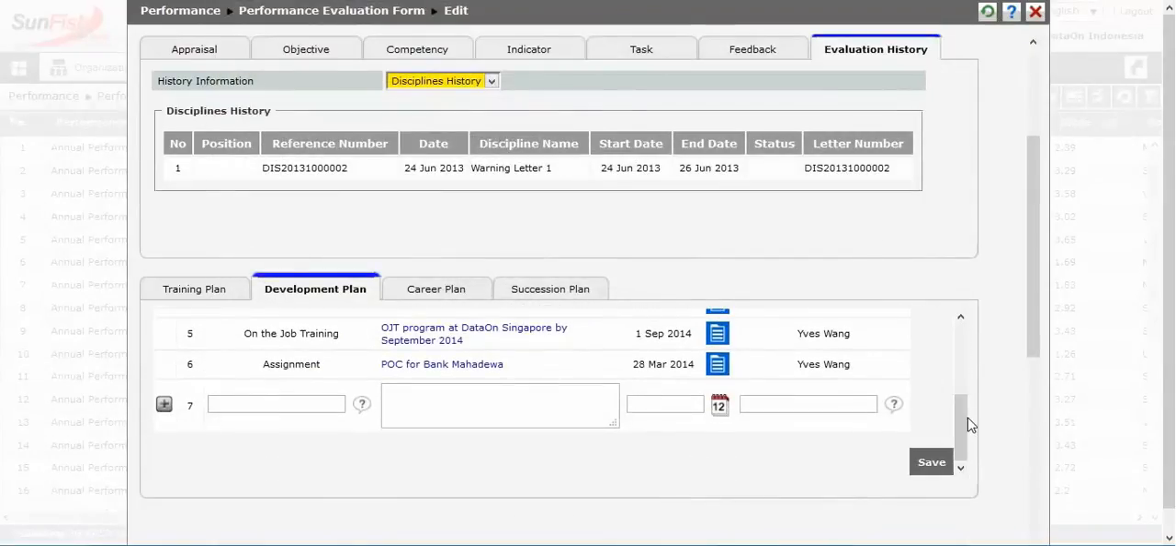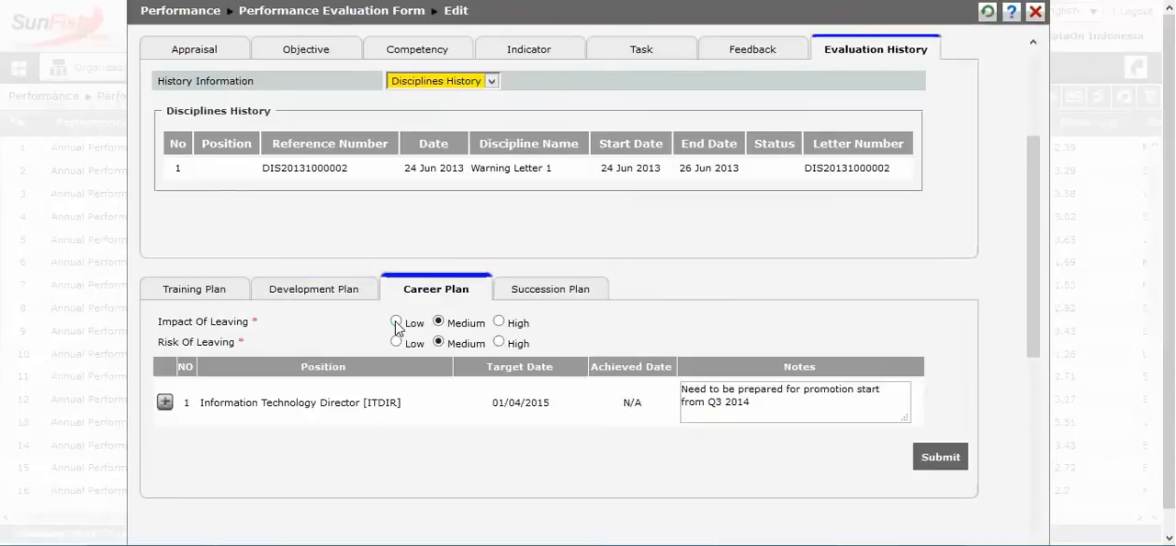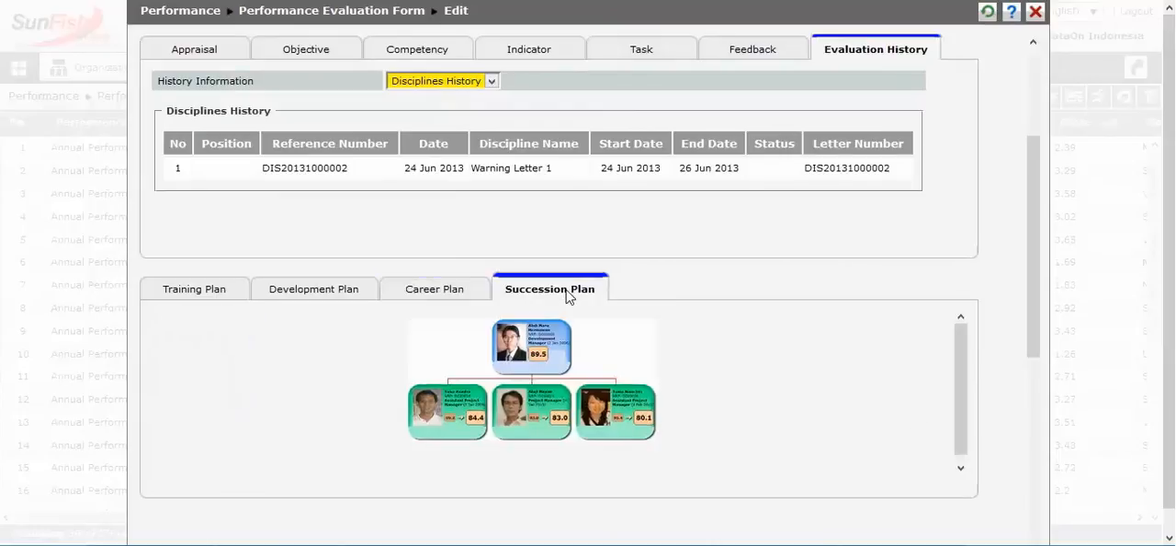The career plan to view the current employee career plan and adjust the plan for future positions. The succession plan to view the current successors and their readiness to assume the employee's position should they be promoted